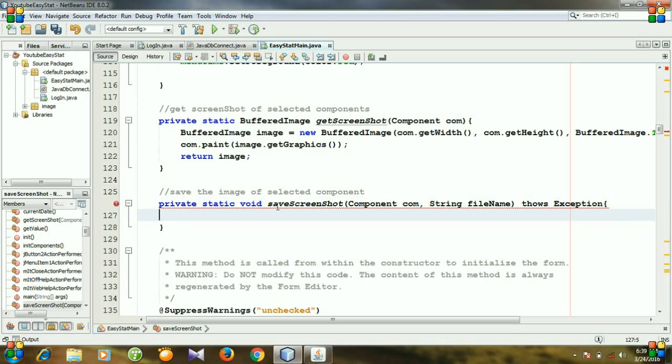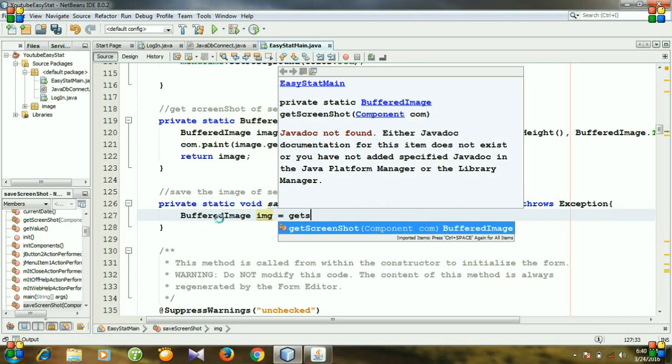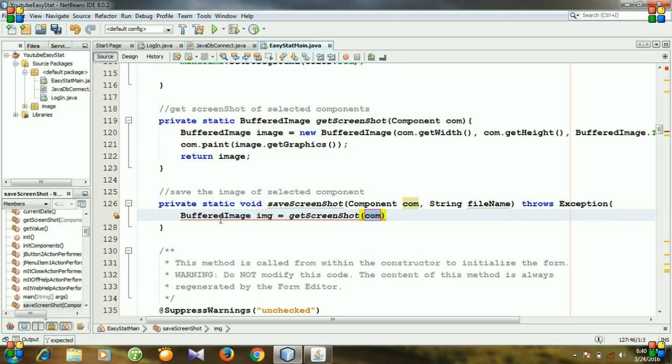So private static void saveScreenshot, Component com, String fileName throws Exception. So this is our method, and we need to write BufferedImage, and here is our image equal to getScreenshot of the component.